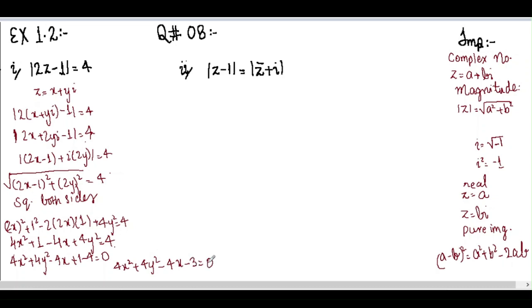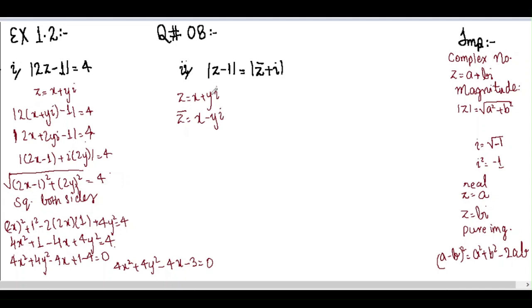Now we are going to move towards part number 2, which is modulus of z minus 1 equals z modulus plus 1. Sorry, it's not modulus, it is conjugate. So what is conjugate? We are going to write it as z equals x plus y iota. We are given this in the question. Now changing the sign of the imaginary part is called conjugate, and here the imaginary part is y and x is the real part. We are going to change the sign of y, which previously is positive, and now we are going to change it into negative. So z bar becomes x minus y iota.